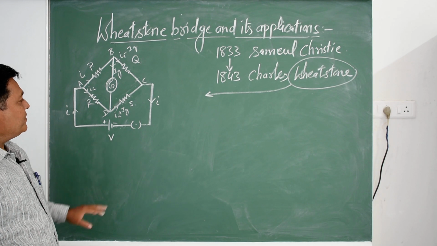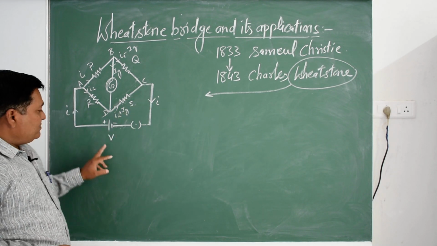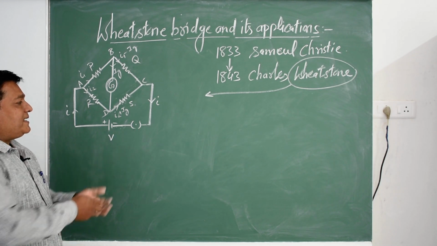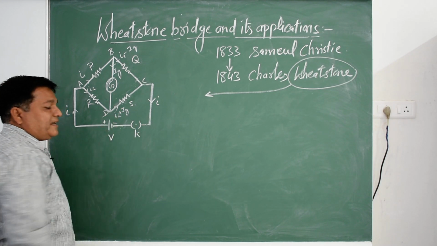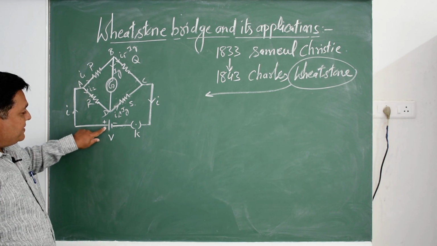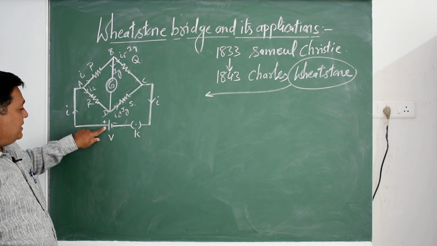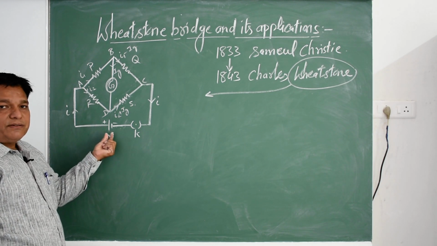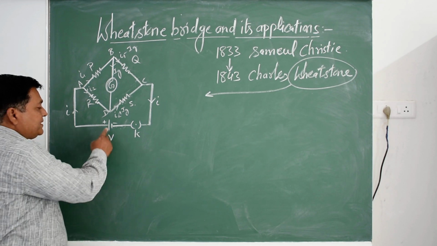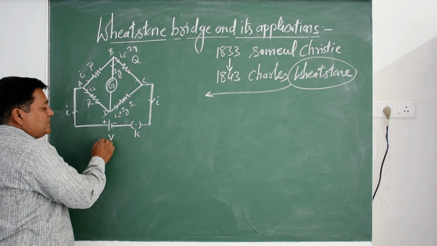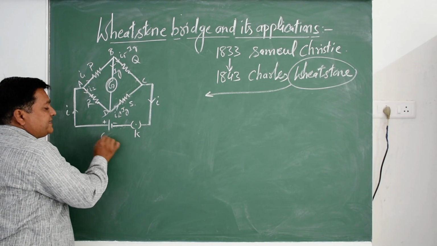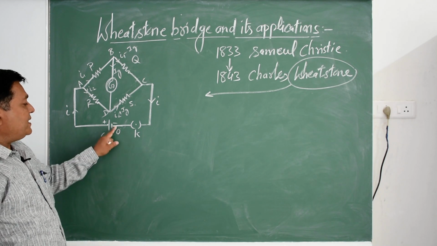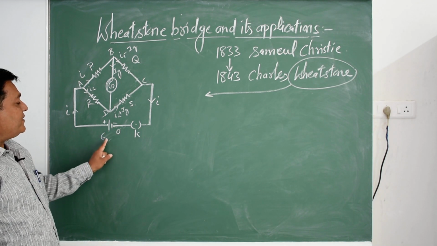Now let us see here. The AC terminal is attached to the external source battery. Suppose that in this external source there is a key K. Now the battery has a certain potential. If it is a 6 volt battery, there is a potential difference across the terminals of this battery. The higher potential will be at this end and the lower potential at the other end. So if a 6 volt battery is there, 6 is the maximum potential here and 0 will be the minimum potential at the other end of the battery. This is the potential difference.